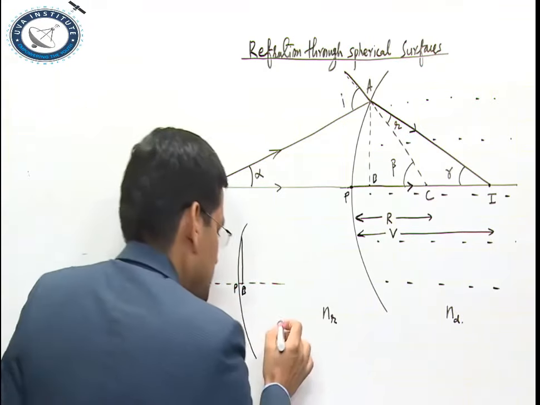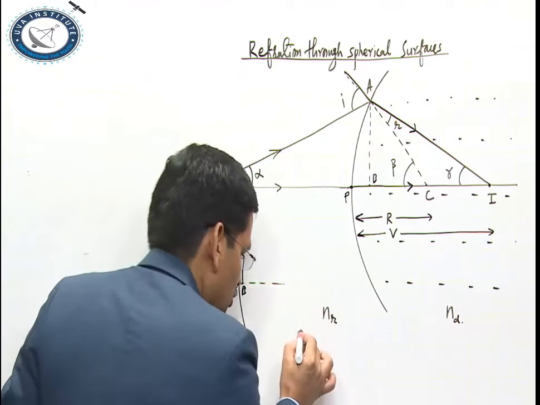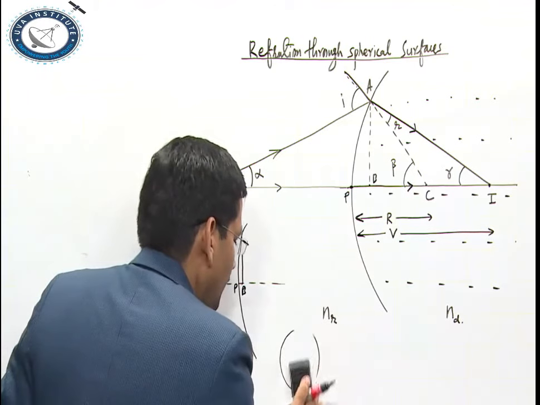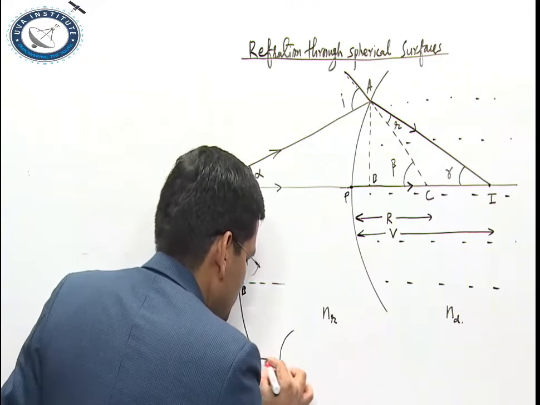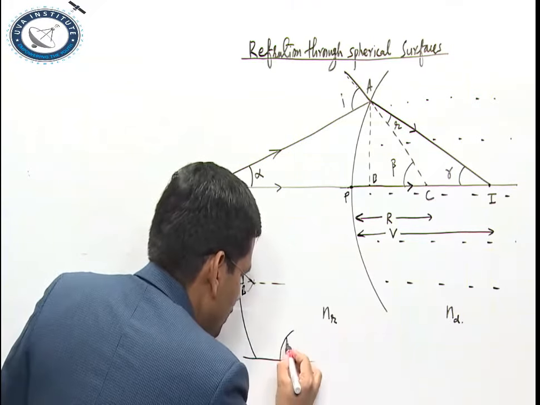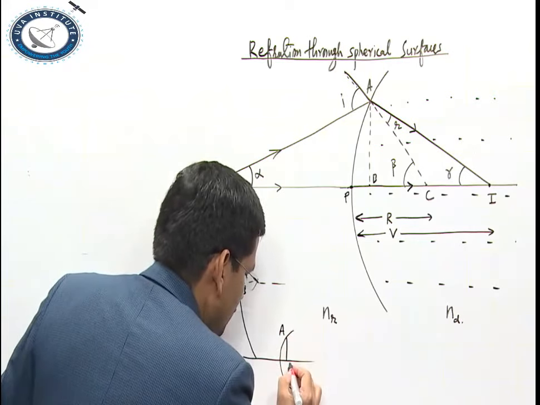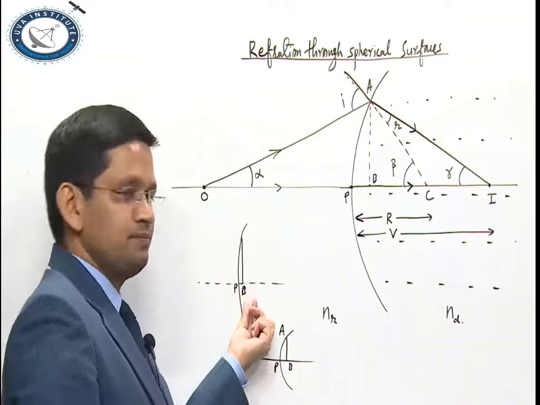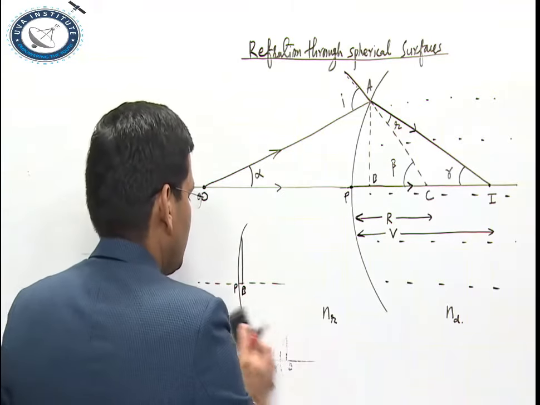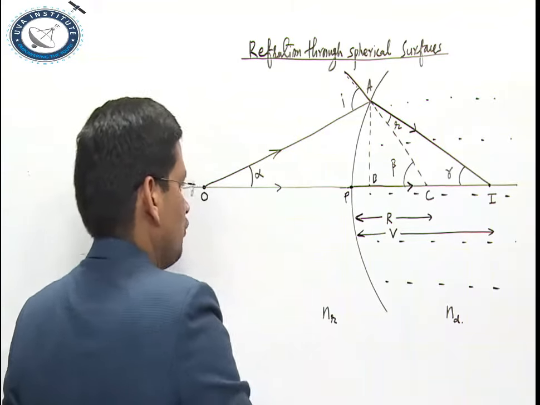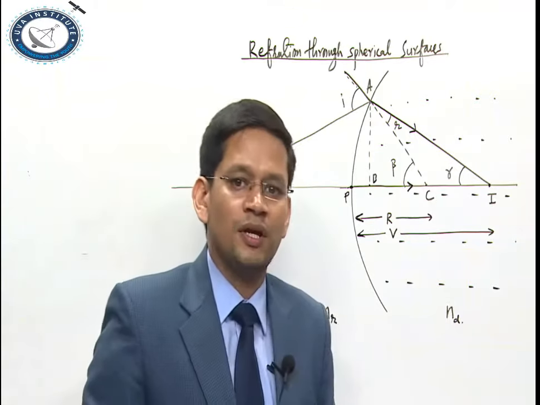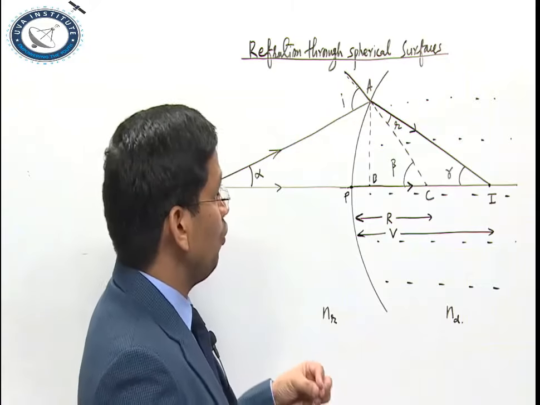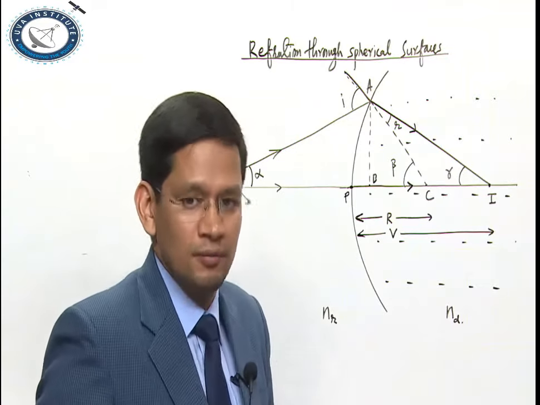But if the same glass sphere is of smaller radius, and you cut it into two halves, draw a principal axis line, and draw a line AB, you will see that B and P cannot coincide. So we have to take a glass surface of larger radius, so that we assume B and P coincide, as an approximation. Second, we assume that all the angles we are taking here are very small,